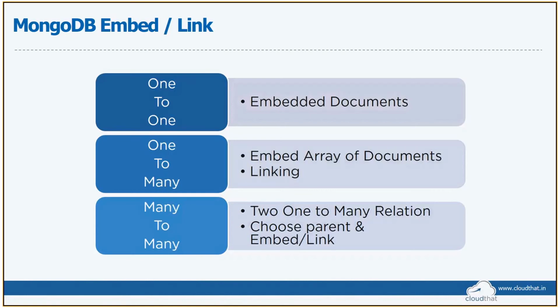parent and child relationships. So two one-to-many relationships that you can come up with, and you need to choose which suits better as a parent and which suits better as a child, and then you either try to go back to one-to-many, and then you either try to embed or link. So these are thumb rules. Also, although thumb rules are very good, it mainly comes down to the experience that you have working with NoSQL databases.